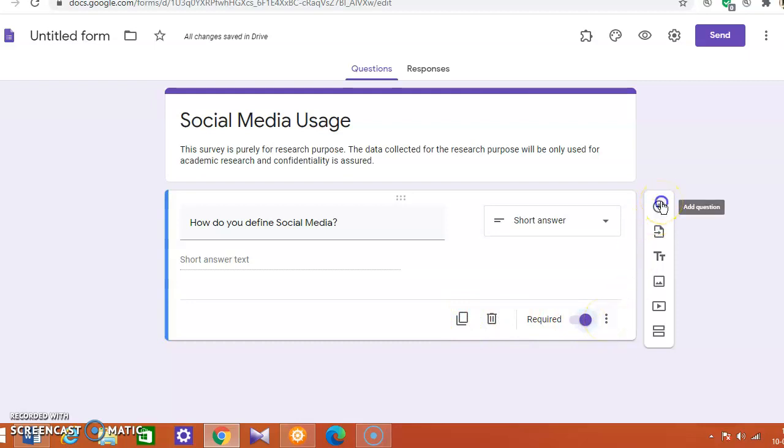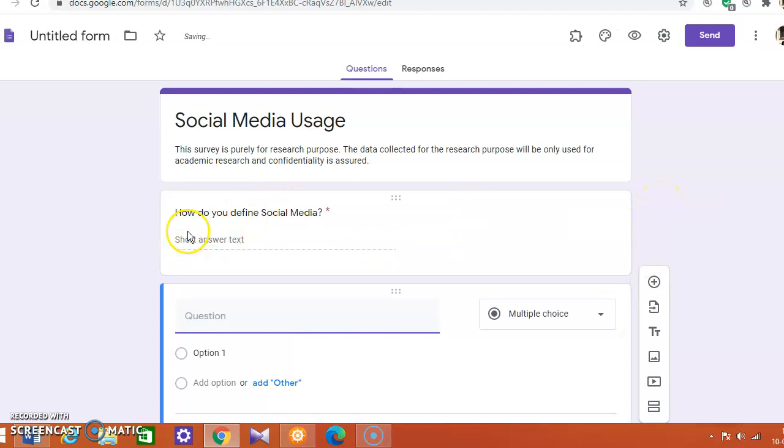And after this, we go to the second. So we just leave a gap here. We are not giving any options. It's just a short answer. Second, we decide, let's have a multiple choice, as the option already says. So let's have a multiple choice asking them which are the social media platforms where you have accounts.